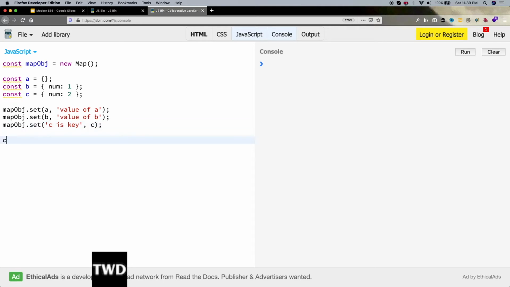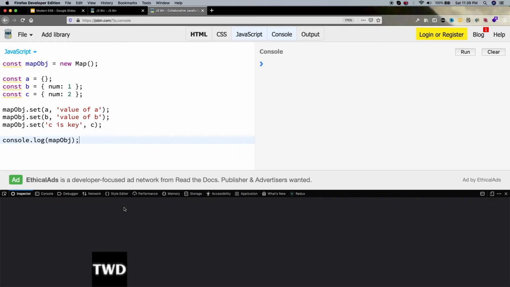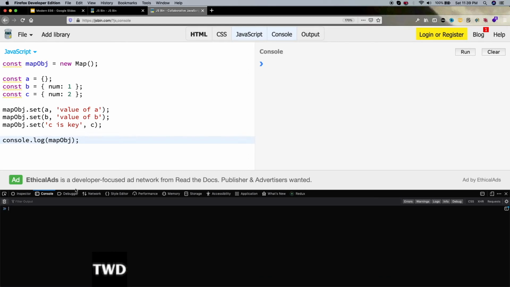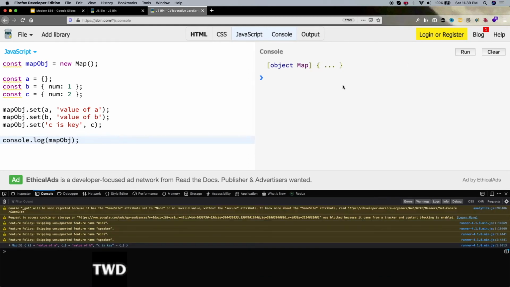Now console.log mapObj, and I will open my console again, because you will be able to see this much better in the console of the web browser than in the JSBin. So let me run it.